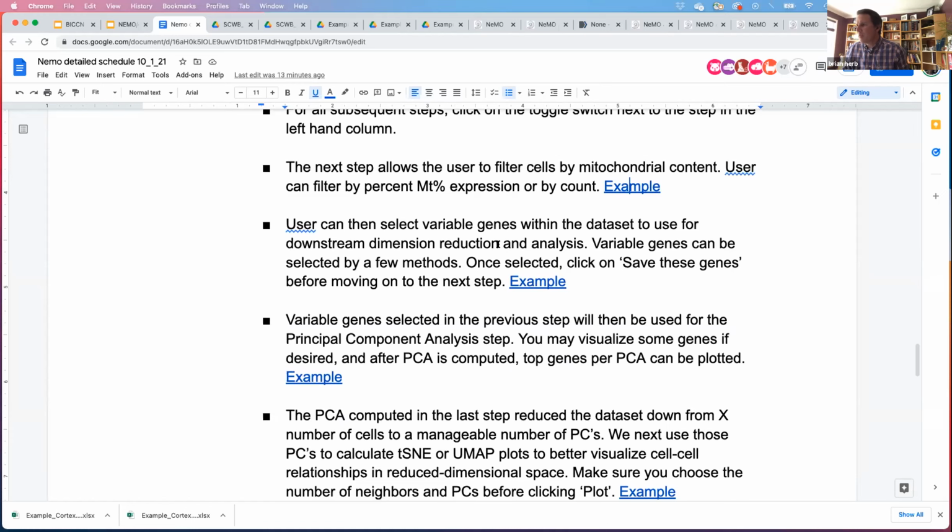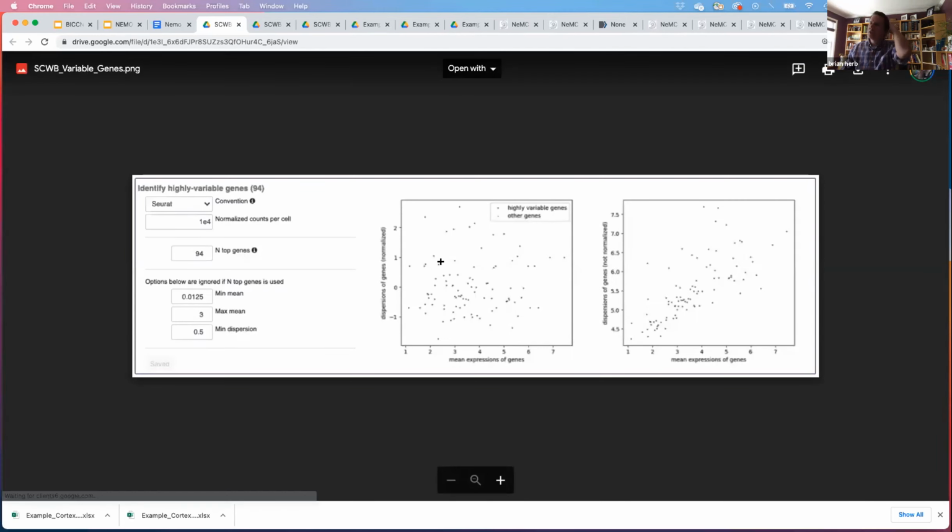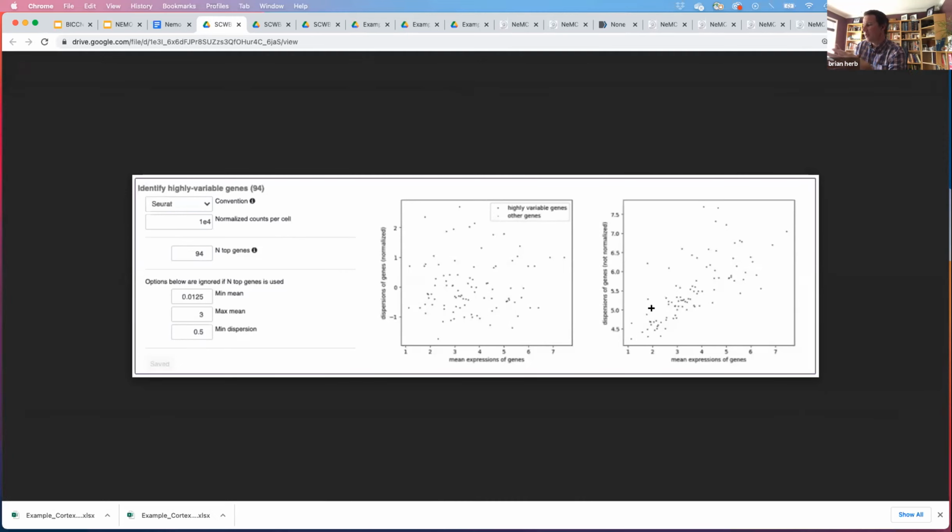Then selecting variable genes in your example. So again, a lot of times you don't want to do the analysis on all of the genes. Most times you'd be doing a selection of like 30,000 genes, and you may pare that down to like 2,000 genes. So under this selection, you can actually select out a couple of different ways of identifying those variable genes, or you can simply say, give me the top 2,000 variable genes. So there's a couple of different ways you can go about identifying those.